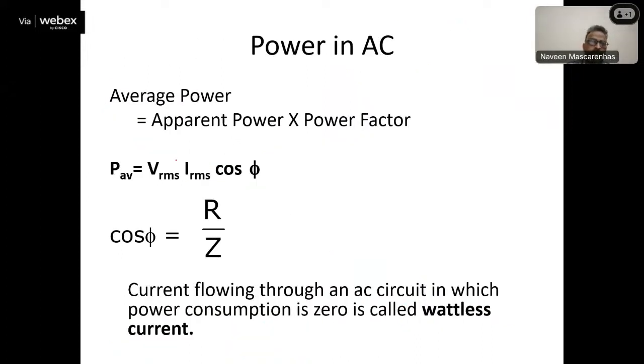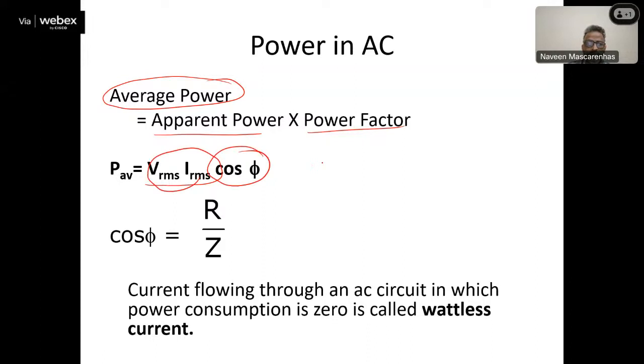So power, once again, this is the general definition of power in AC. Average power is equal to the product of apparent power and power factor. Apparent power is this, and the power factor is this, cos phi. And yes, cos phi at resonance will always be equal to unity, and therefore,